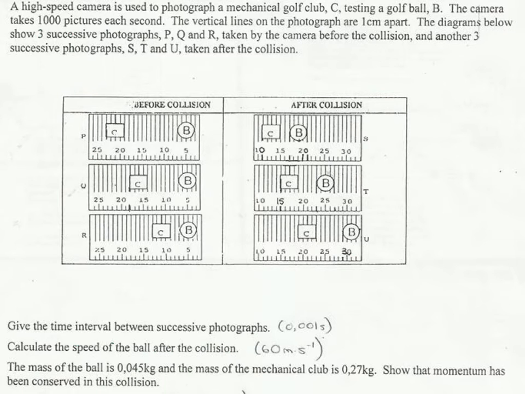So now after the collision, I need to look at the ball, and I need to choose a point. So I'm going to go right in front over there, and I'm going to say that after the collision, I could say 21, or if I wanted to, I could go to the back of the ball, and I could say 17. I'm going to go at the back of the ball just because I've got that all calculated out, and I can also go to the back of the ball at point U, and I can go 19. So between here and here we have got 2 shots, and therefore the time